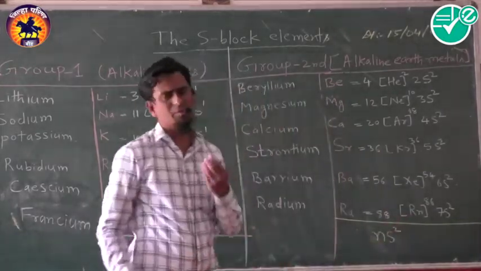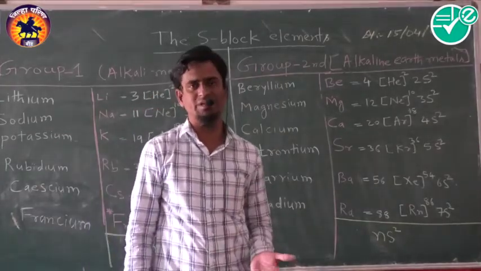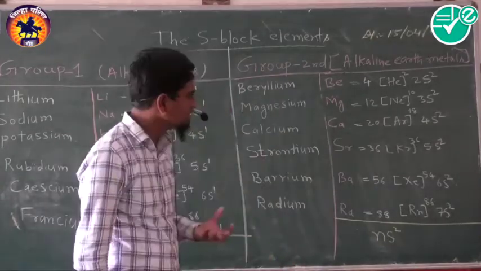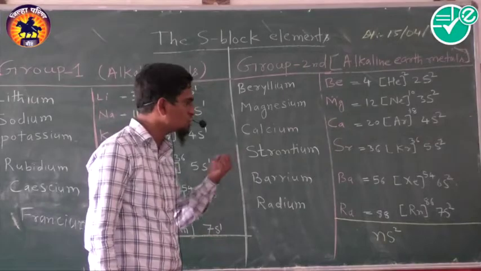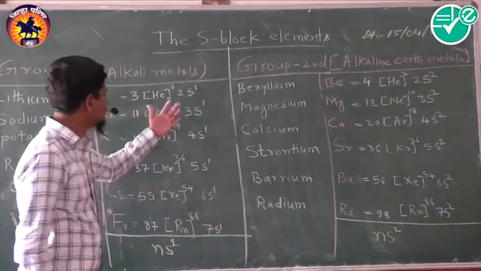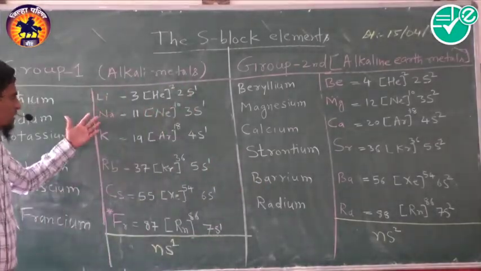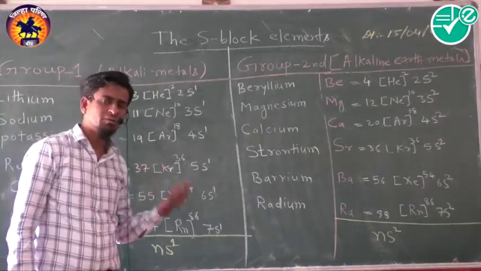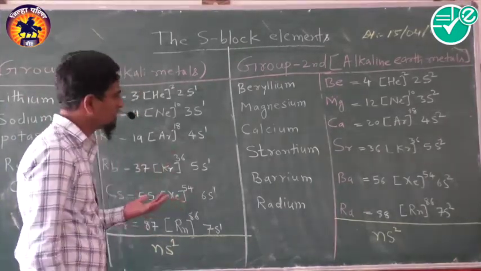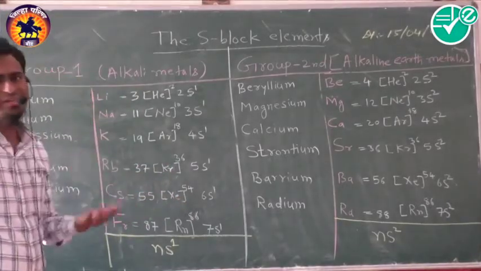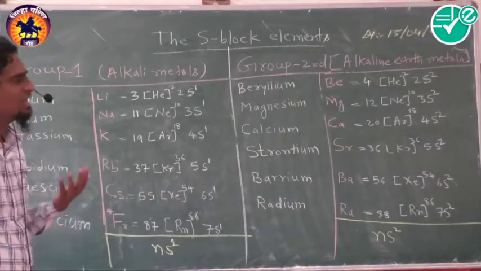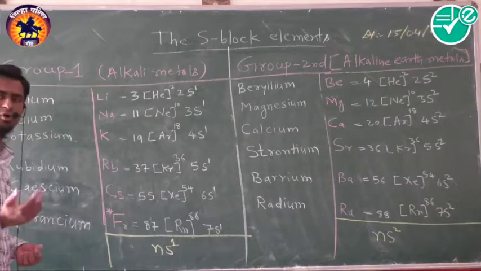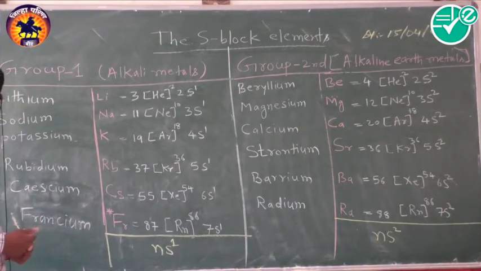It is a very simple point which I am starting here, because it is the fundamental part. If you are strong in this part, you remember electronic configuration and atomic symbols, then you are able to determine ionization enthalpy, atomic size, and many more periodic traits of this chapter. Have you got this one?